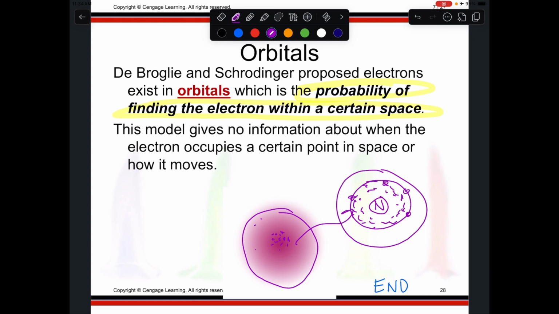And they are constantly moving. Remember the Heisenberg uncertainty principle: we can't tell you both the position and the speed, only one. So this adds to this idea. Instead of calling them orbits, we're now going to call each probable location of finding an electron an orbital. And when we get to